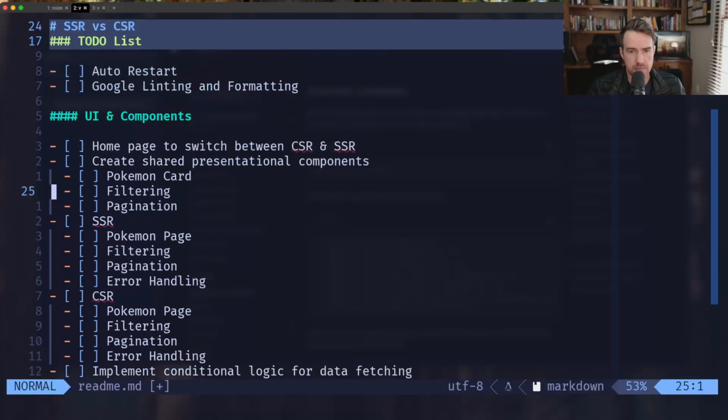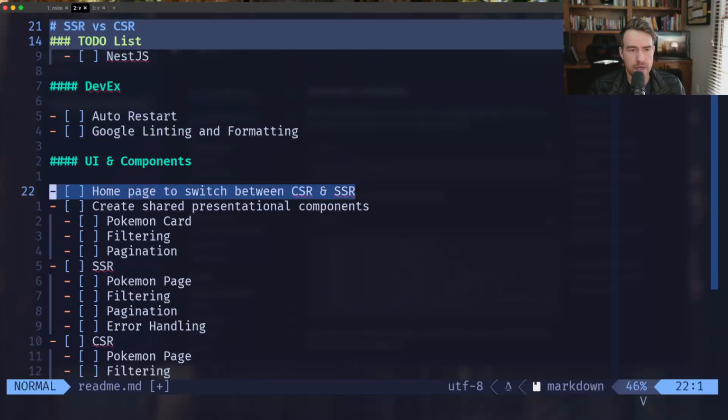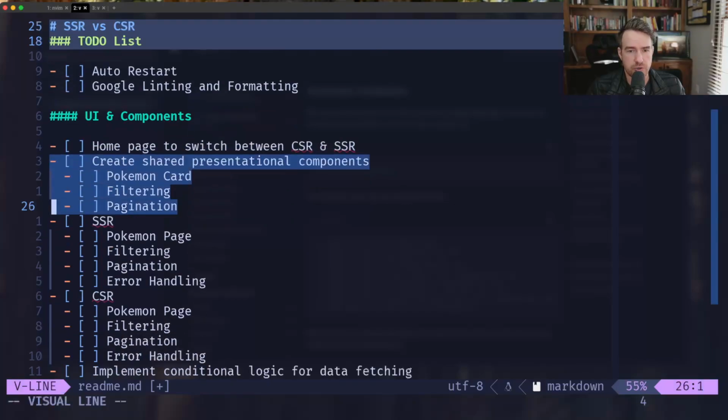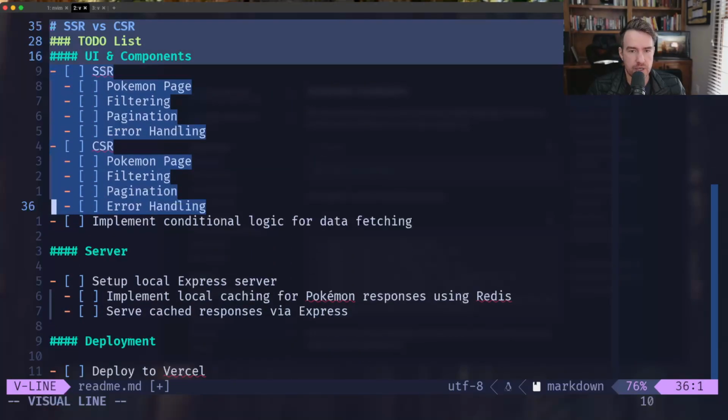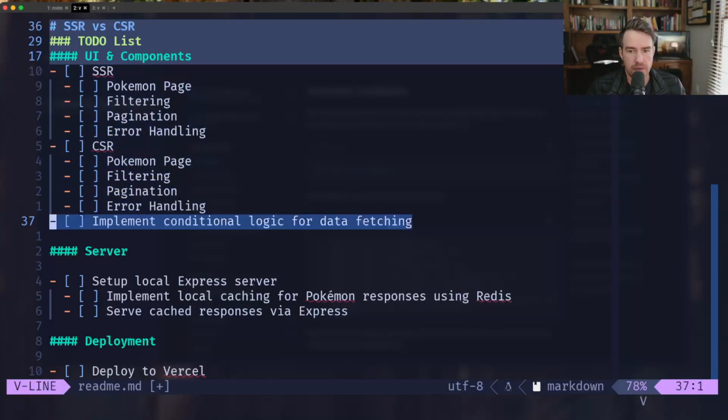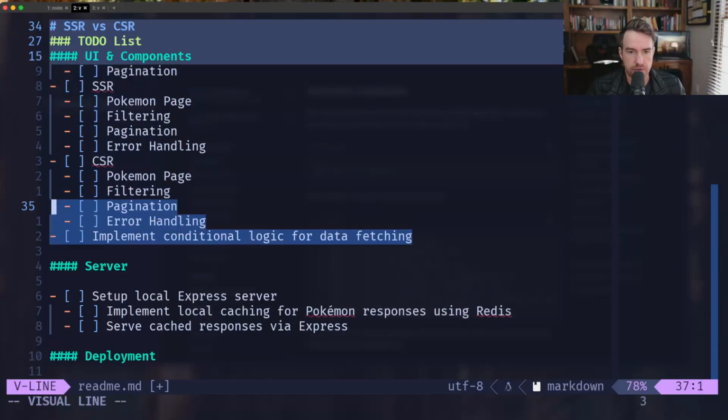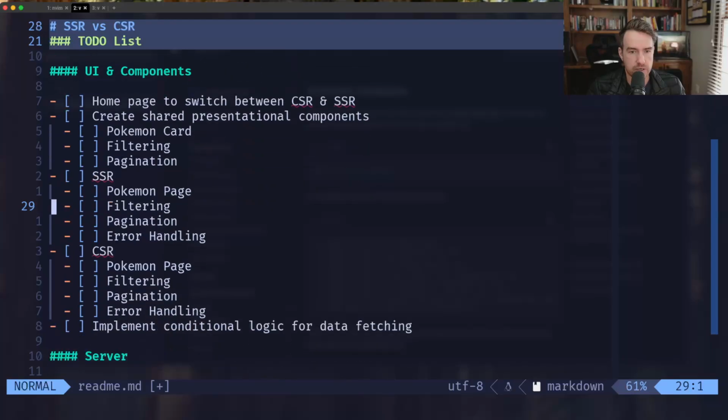For some basic components, we got a home page so that you can switch between the client-side rendering and the server-side rendering. We have some shared presentational components, so the Pokemon card, the filtering and pagination across those. I don't actually know if we're going to do the pagination, but we'll see if we get there. Server-side rendering has the same thing as the client-side rendering, so the Pokemon page, the filtering, the pagination, and error handling, and then conditional logic for data fetching, depending on whether you're server-side or client-side